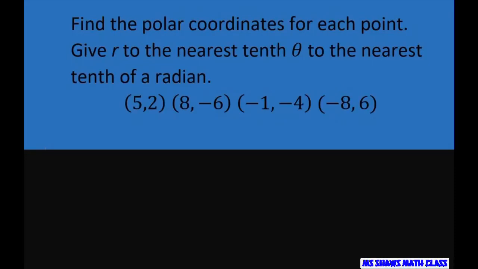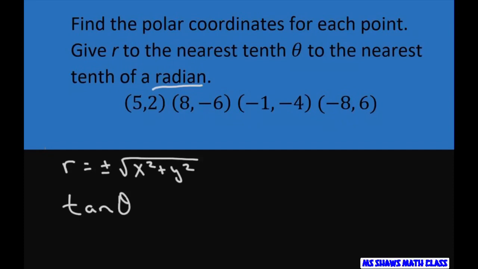Hi everyone, we're going to find polar coordinates for each point, and we're going to give r to the nearest tenth and theta to the nearest tenth of a radian. So make sure your calculator is in radians, and remember we're going to be using that r equals plus or minus square root of x squared plus y squared. And also, since we're using the calculator, we have tan of theta equals y over x, and when you do the inverse of tan,